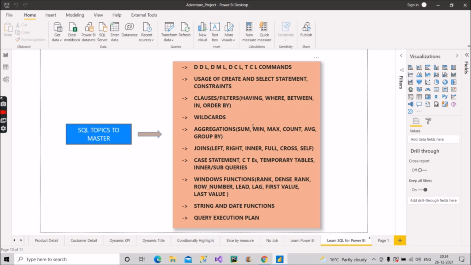So if you cover all these topics that I have mentioned here, if you check mark all these topics, then you are completely ready as a SQL developer also. So that is what companies demand. In my opinion, if you're thinking of learning Power BI and you don't have prior knowledge of SQL, then you first gain a moderate level knowledge by going through all these topics that I have mentioned here. Then start with learning Power BI as a skill.